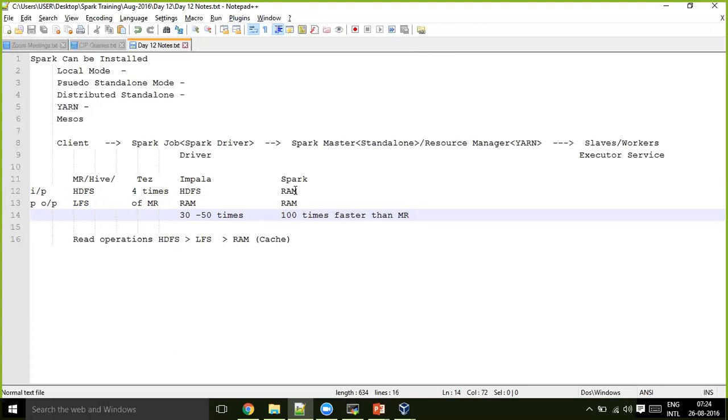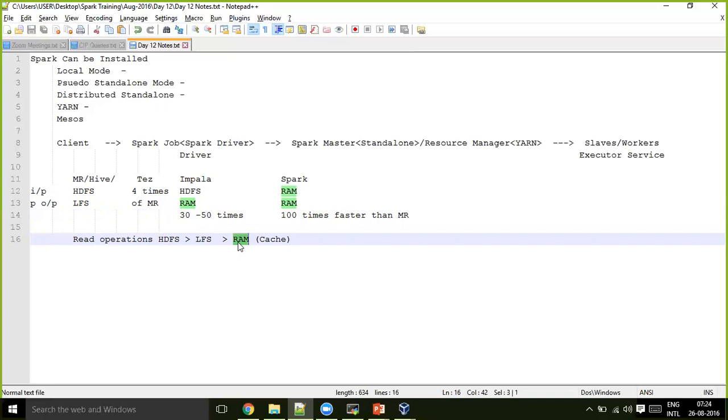This is purely because it loads everything into RAM memory, and from there it processes the data. Anything reading from RAM is always faster. That's the reason Spark runs faster.